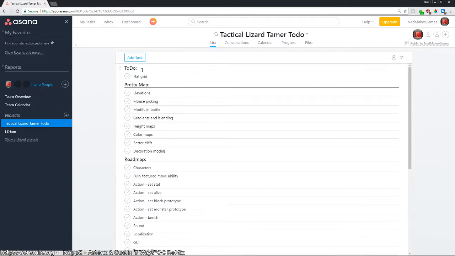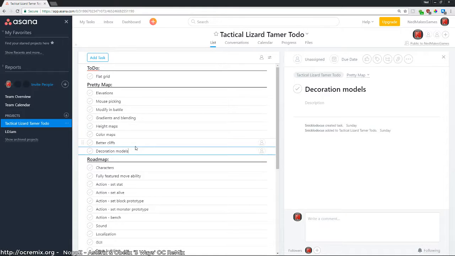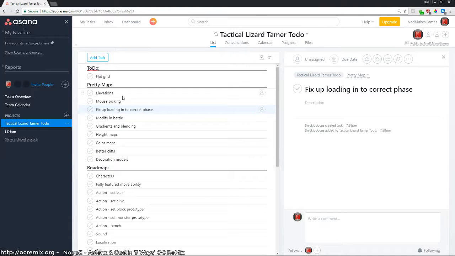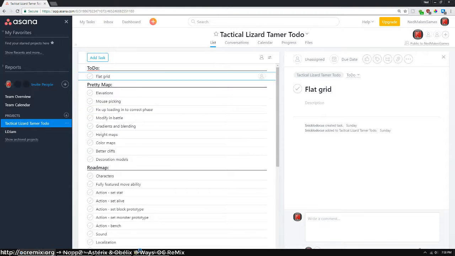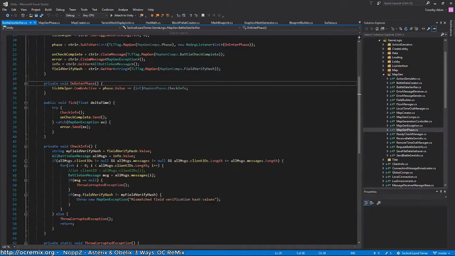But I don't really want to spend too long fixing that, so let's see. So fix up loading, and to correct phase. So I guess once we get the basics down, we'll fix that up before we get into more complicated things that will require loading more assets and everything. Okay, so anyway, here when it's done,